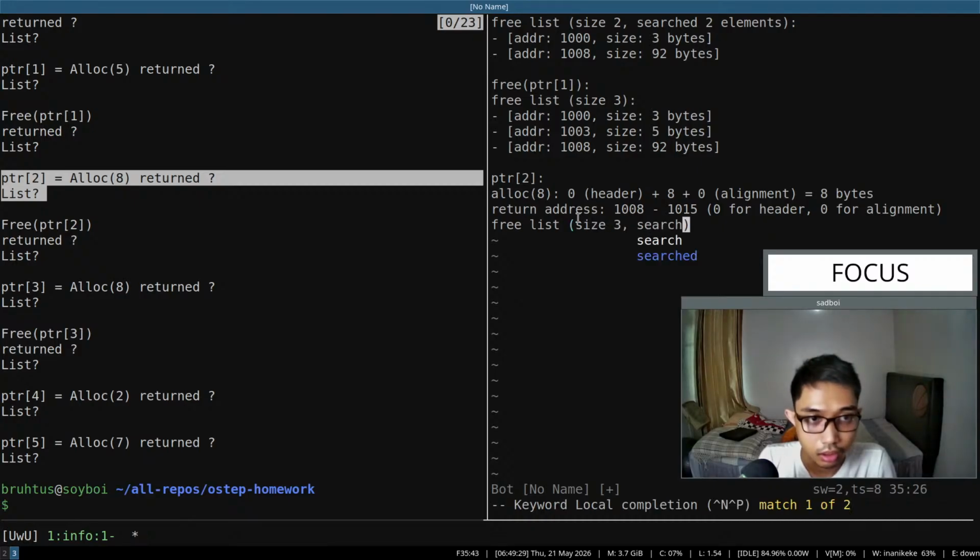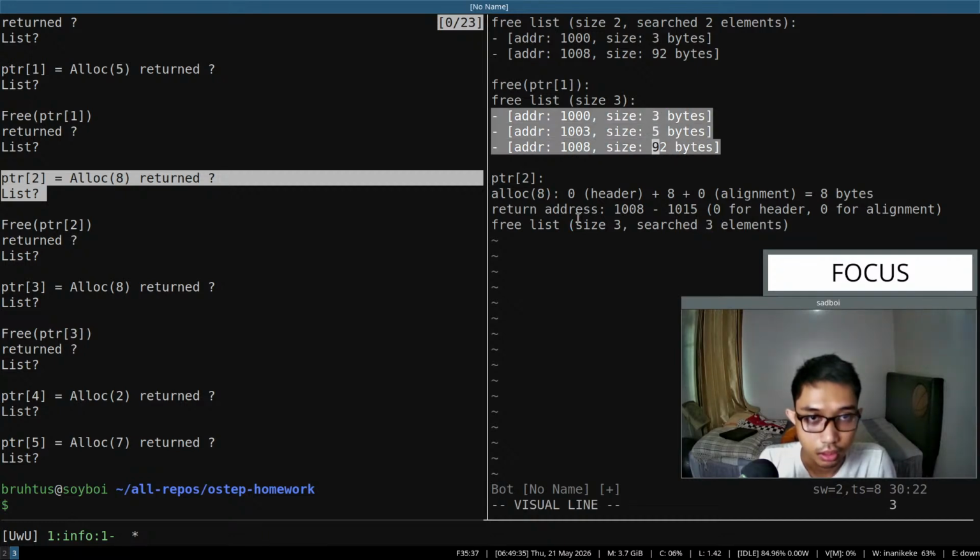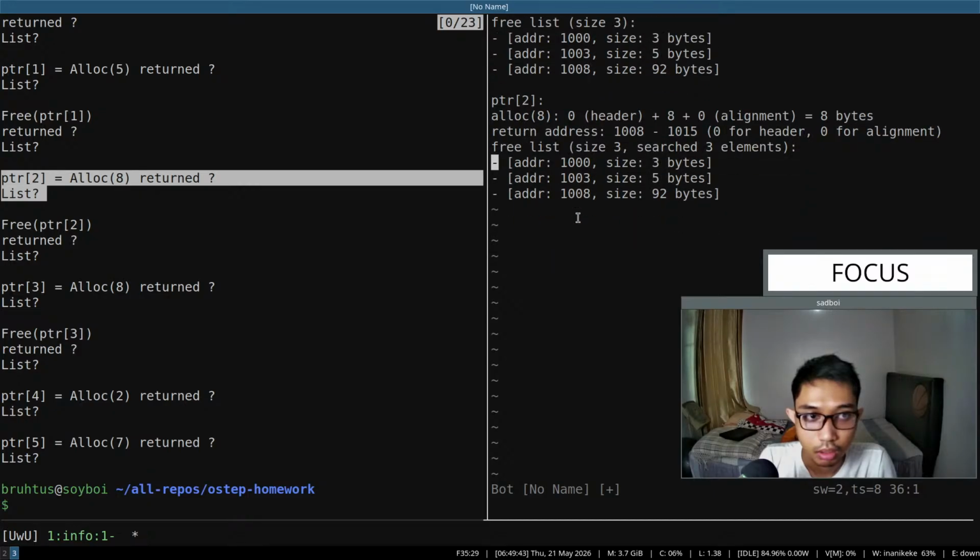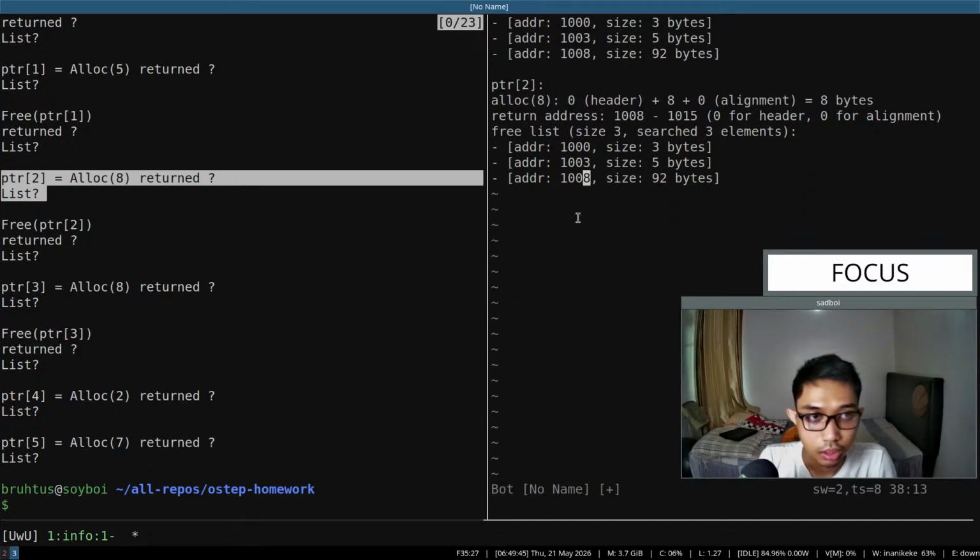And then we search 3 elements from the previous free list here, and then we split this. Maybe 84, something like that. Okay,